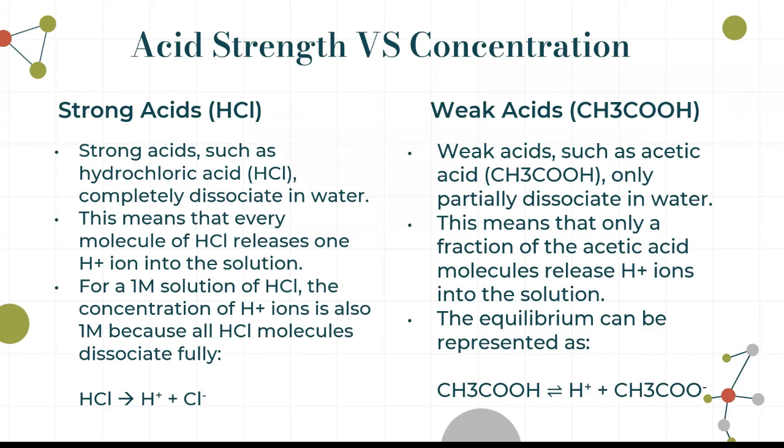Whereas weak acids like acetic acid only partially dissociate in water. This means that only a fraction of acetic acid molecules release H plus ions into the solution, even if you take a 1 molar solution of